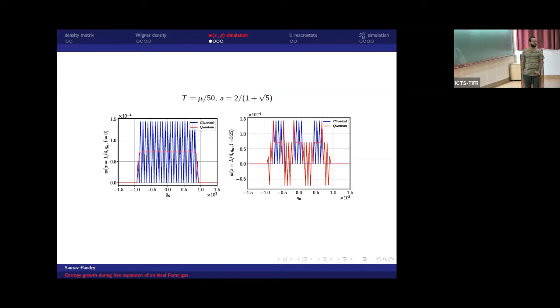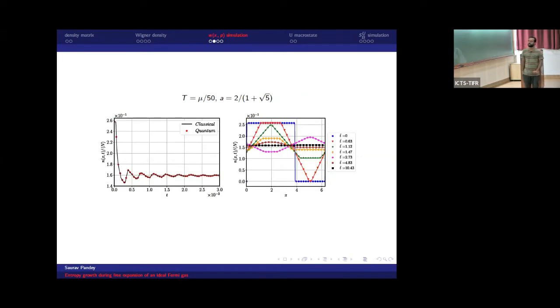They don't match very well, but the Wigner function is not the physical observable. Rather, we would like to see how the real space density compares. And that compares very well. As you can see in this curve, the density obtained from the classical Wigner function, and the red dots from the actual quantum Wigner function, match very well.